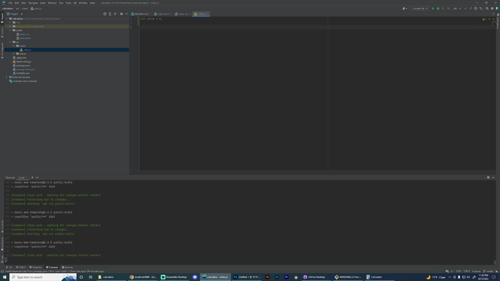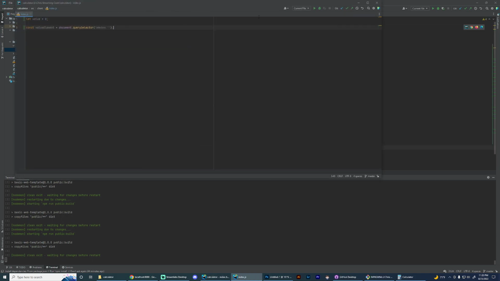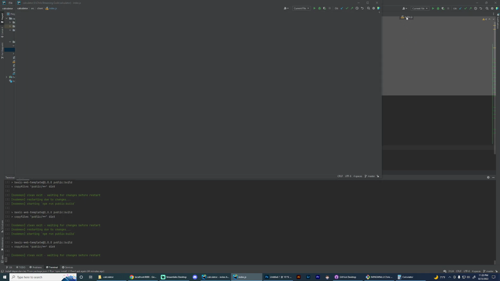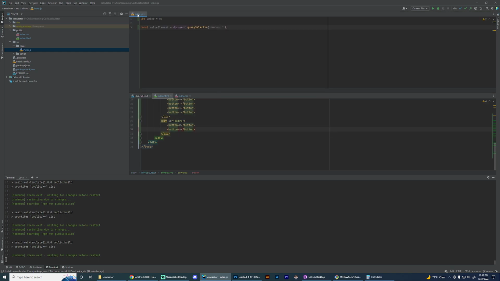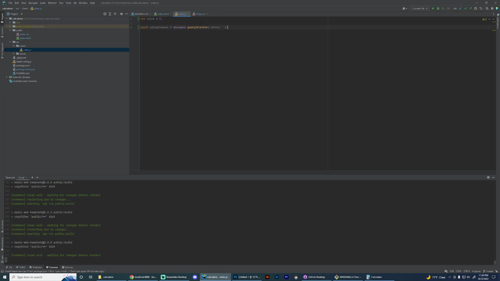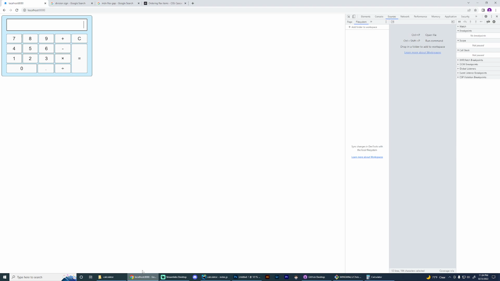Okay, and now let's get the actual value element. So we'll call it value element. I'm going to name this one const because we're only going to get it once and we're going to hold on to it forever. We're going to use document.querySelector. And this is how we get a hold of the actual element in our JavaScript for something in our HTML. Right click, move to opposite group. There we go. So the selector that goes in here is exactly the same selector as what we use in